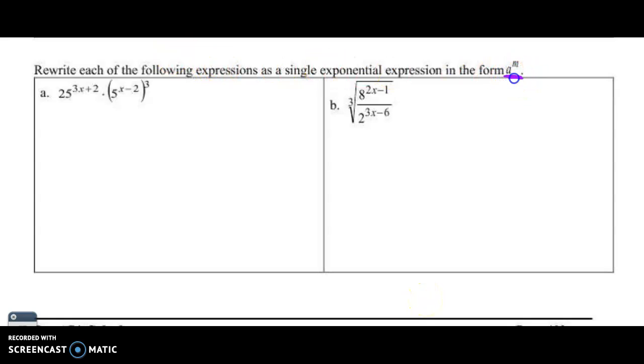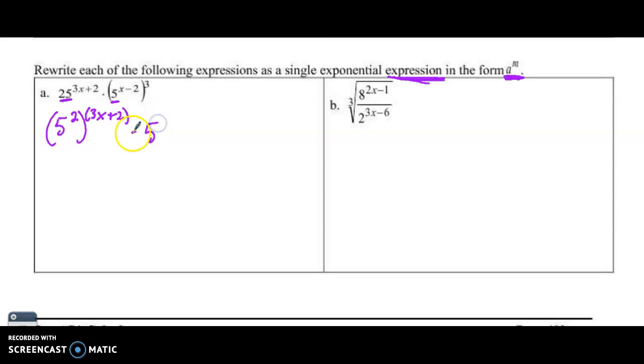So because we want to be in this form where it's only one base with one exponent, now either one of them can be an expression. That means a combination of operations, numbers, things like that. What you want to recognize first is, is there a common base? Is there a base that's the same between 25 and 5? And when you establish that, you can rewrite 25 as 5 squared. I hope you agree that 5 squared is equal to 25, and that this 3x plus 2 is still there,